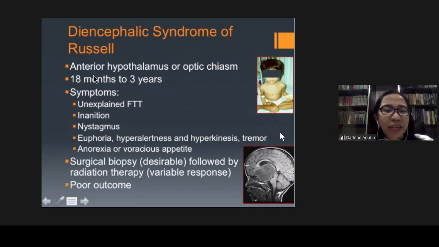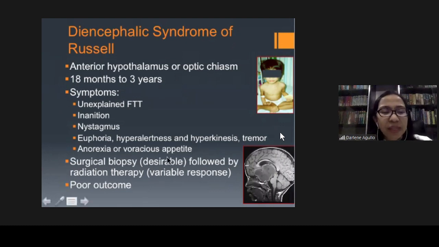There is tumor located in the anterior hypothalamus or optic chiasm. This occurs between 18 months and 3 years. The outstanding symptoms include unexplained failure to thrive, inanition, nystagmus, euphoria, hyperalertness, and hyperkinesia. It's either anorexia or voracious appetite. No? Okay. So our patient was ang payat-payat, sobrang lakas kumain, pero ang payat-payat. Hyper-alert siya, hyperkinetic. Management is